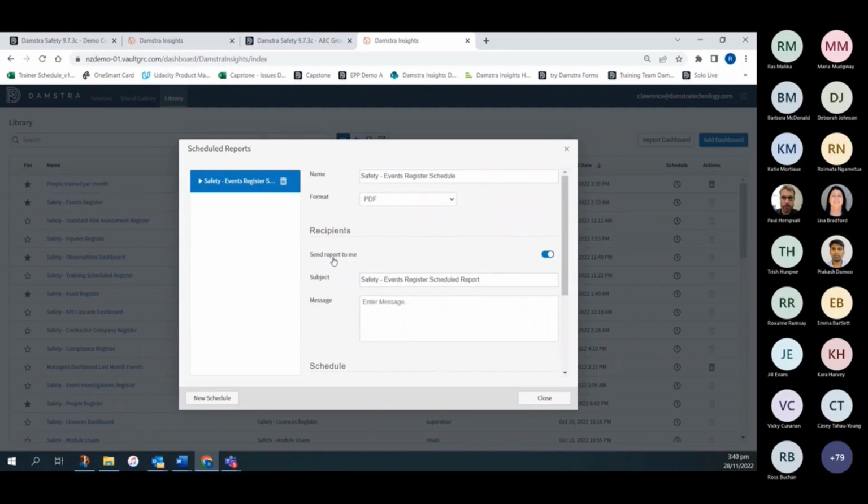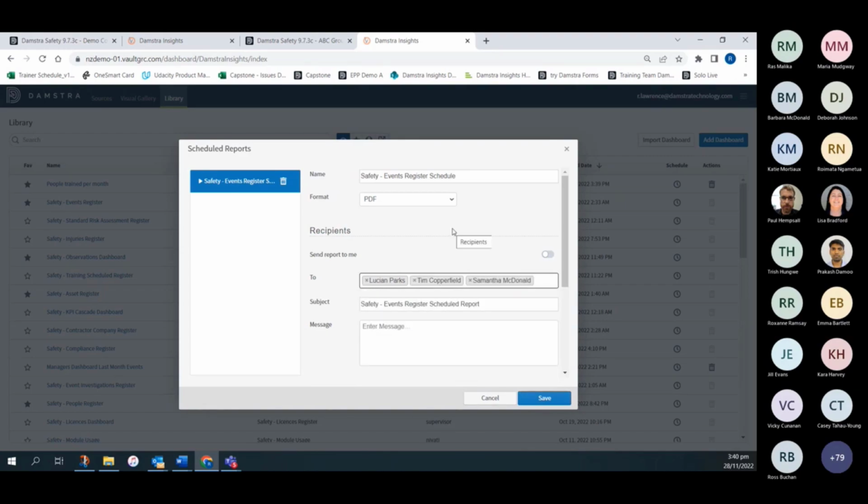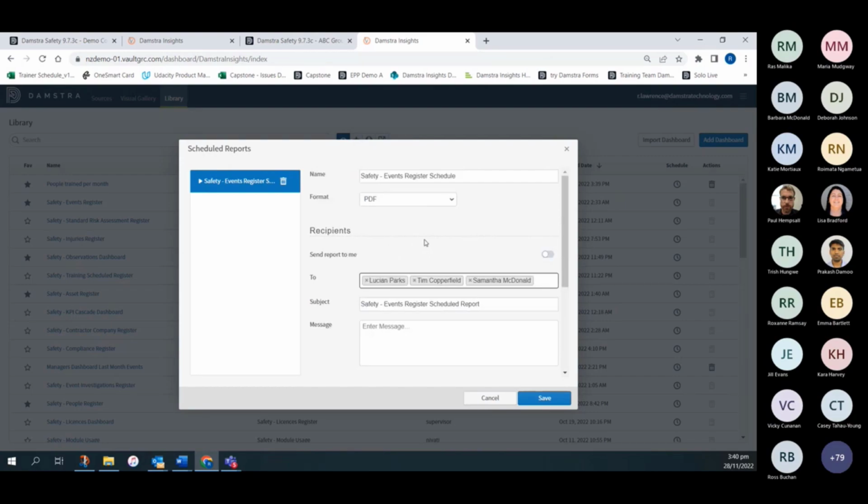I could also, instead of sending the report just to me, if I untick that, send it to Lucian. I'm also going to send it to Tim and Samantha, weekly on a Monday at 8 a.m. Then you would say to me, with the events register, Lucian's in Auckland, Tim's in Wellington, and Samantha's in Christchurch. According to their site structure in Damstra Safety, they shouldn't be able to see events from different